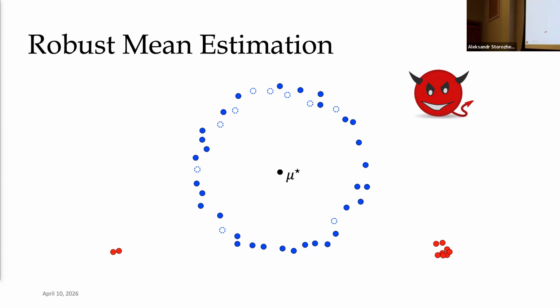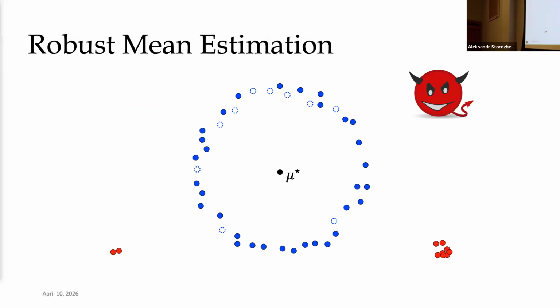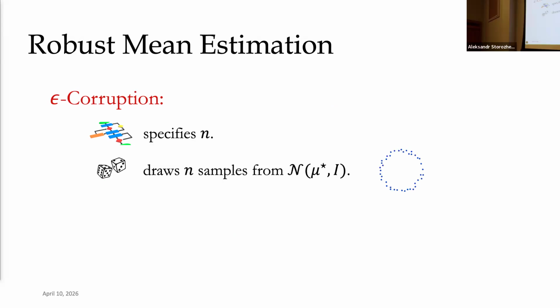I want to be a little bit formal about the corruption model here. People usually ask me, "Oh, what assumptions are you making about these red points?" So I want to be formal about that. This is how the game goes: your algorithm, a robust statistical estimator, first specifies how many samples it wants. I want n samples. Then nature shows up and draws you n clean samples from your ground truth distribution. All good. Now this adversary